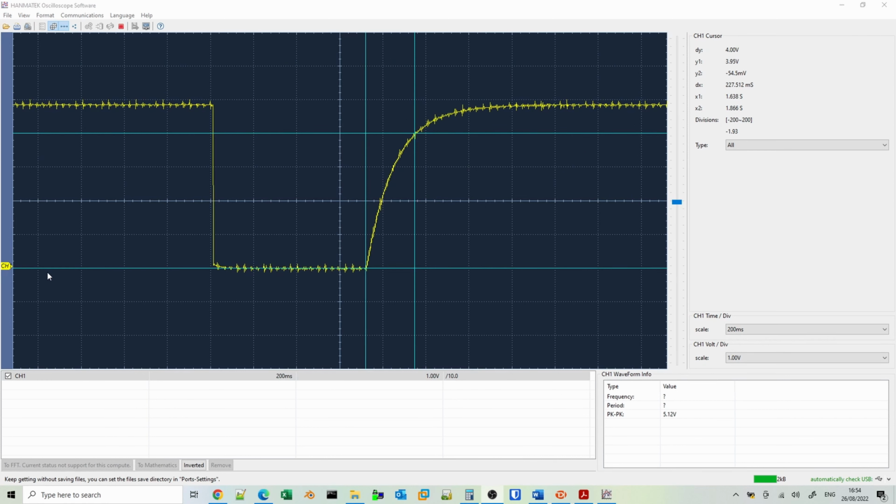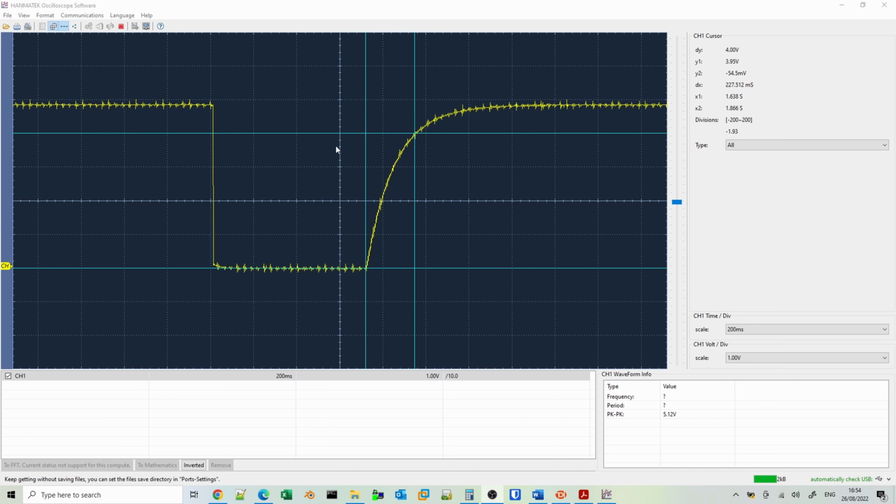So what we've done here is recorded on the oscilloscope trace the reset signal. You can see here, this is normal running, so the reset would be at 5 volts. These are 1 volt per division, so we've got 1, 2, 3, 4, 5 volts. Then we press the reset button for half a second or so. Then we release it, and we can see here that the resistor and capacitor allow this then to charge back up to close to 5 volts.